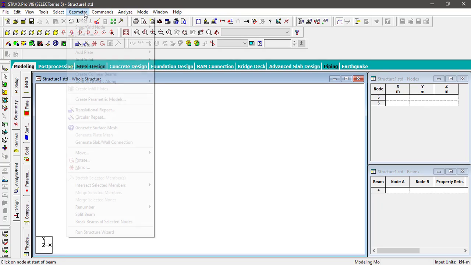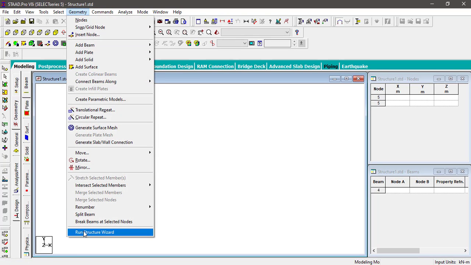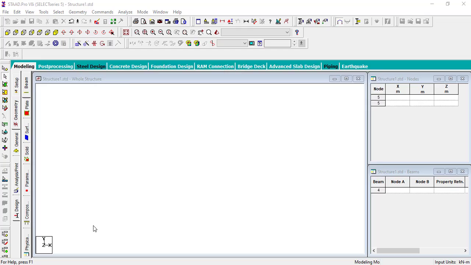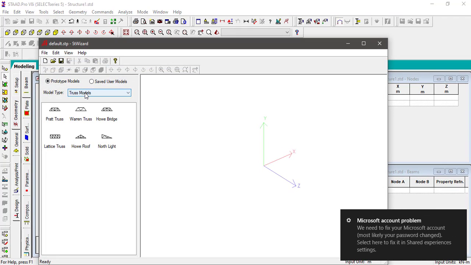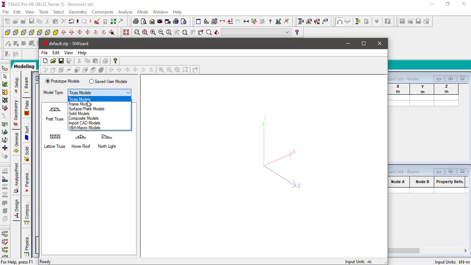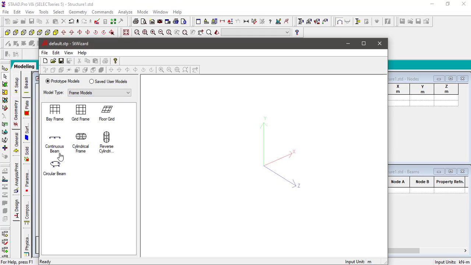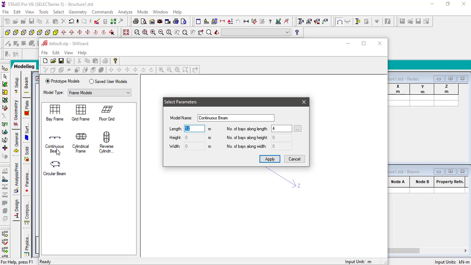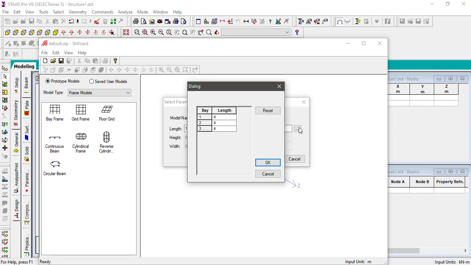I will go to Geometry, Structure Wizard. Here I need to select frame models, continuous beam. Here the total length of the beam is 4 plus 5 plus 3, total 12 meters. So I have selected 12 meters here. The number of spans is 3, and I will select it here.